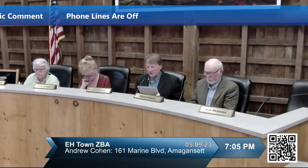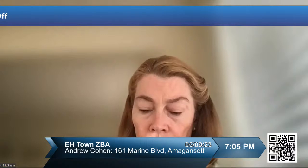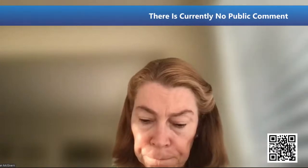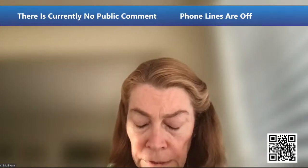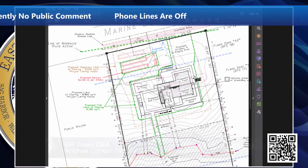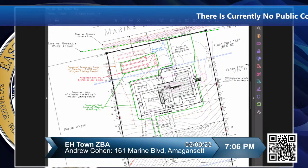And again, Member McGivern, this is in your district. Yes, the hearing was held on March 28th. This is essentially a modification of a prior board decision. The property's already partially constructed. The survey we reviewed was January 12th, 2023 by Saskis, and the building plans were by Gordon Kahn Associates, dated September 27th, 2022. And the modified stairway by Gordon Kahn Associates also is dated January 12th, 2023,